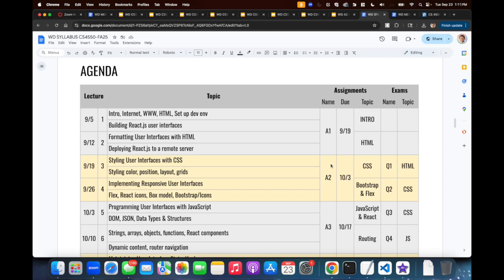I always like to go back to my agenda and make sure we're all on the same page, that we're following the course material. As introduced at the beginning, the course is split into two halves. The first half of the semester we are building the user interface, or the client in a client-server architecture,